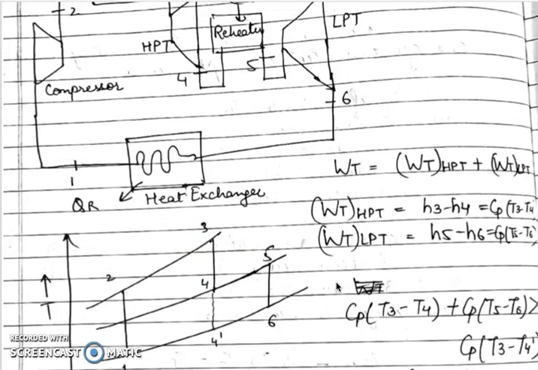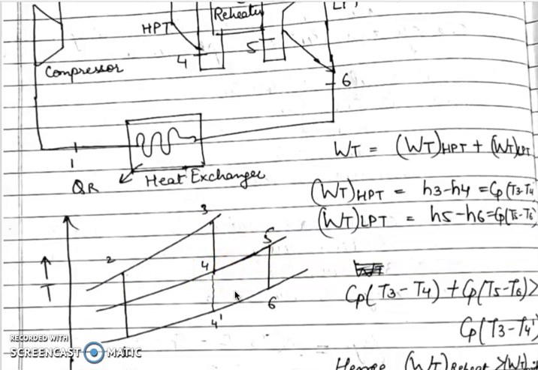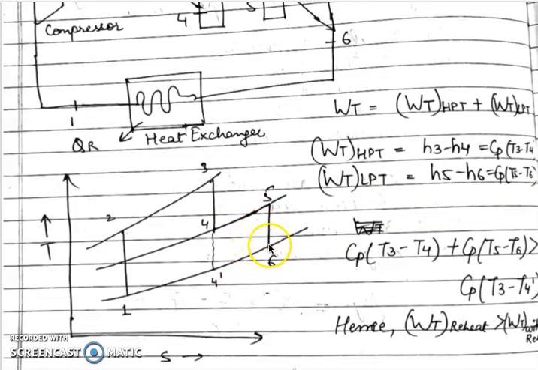But an additional thing which we have to consider is that the heat input is also increasing, as initially it was 3 to 2 only, but now it is Cp (T3 minus T2) plus Cp (T5 minus T4), which is the additional input due to the use of the reheater. And another infrastructural cost as well as operational cost that will be added is the heat rejection. The heat rejection was initially from 4 to 1 when the reheating was not used, but now it will be H6 to H1, which is a large amount.